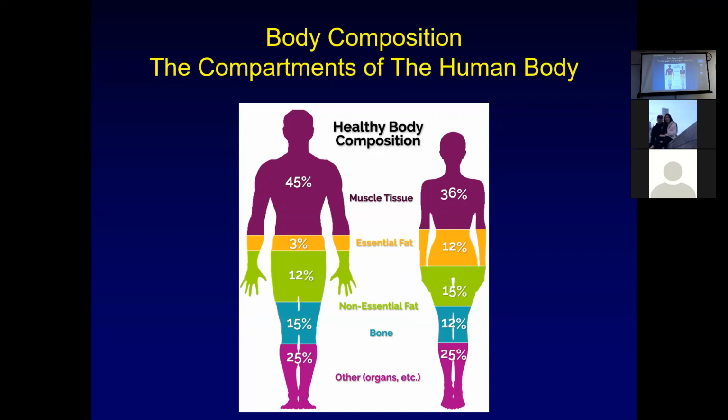I assume none of you are going to let me starve you to the point that you die so we can figure out how much fat you had right at that point. So these are estimates, but about 3% in men and about 12% in women. And this difference in essential fat, for the most part, is the difference that's going to separate